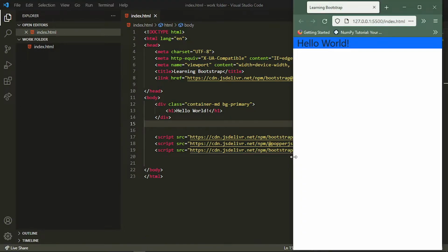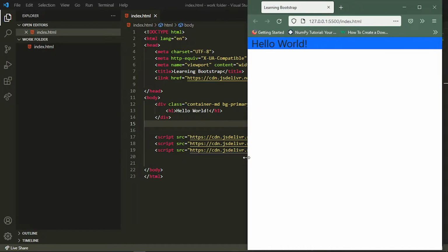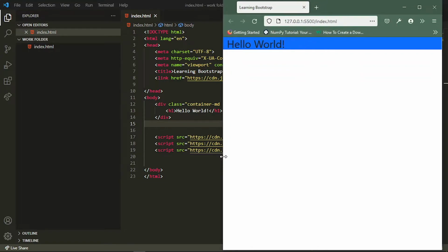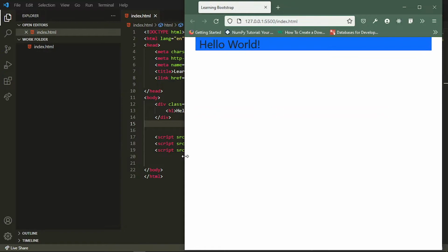Also in the smaller size it will be taking up the 100% width, but in the medium size screens, that is probably 700 pixel, I think, it'll take up the 100% width. Now you see that it is taking the 100% width, but if you are greater than the medium size devices, then it started taking less width than the